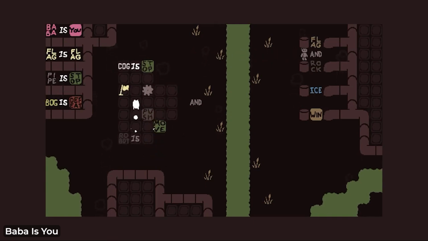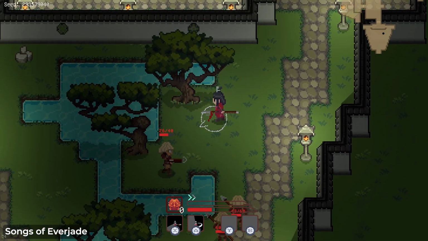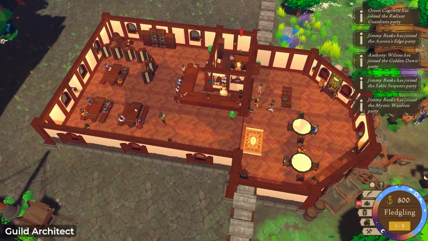However, I was the core game designer, whatever that may mean on a 3 or 4 person team, for Forge Industry. And I dropped the ball plenty of times because it was my first game. And honestly I did the same thing with Songs of Everjade. Once again, I was the core game designer, and once again, I dropped the ball too many times. I ended up killing the project, and now I'm working on the third project, Guild Architect, and you guys